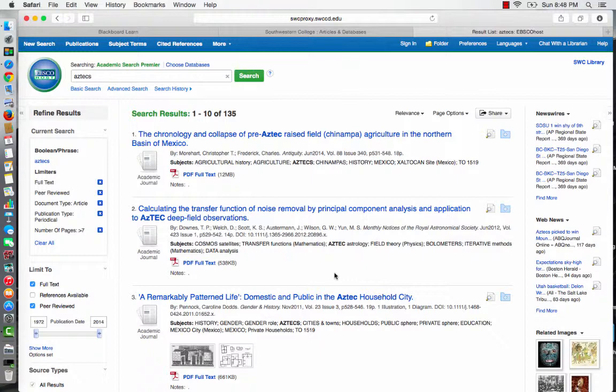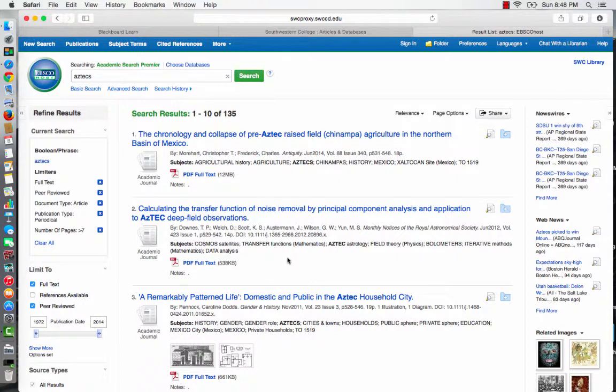Send me an email indicating the name of the article, the author, and what journal it's in, or better yet, here through EBSCO, you can send the articles, email them to yourselves, and then email them to me as well. Whatever method works best for you is fine, just as long as you let me know, at least try to let me know about a week before the due date,